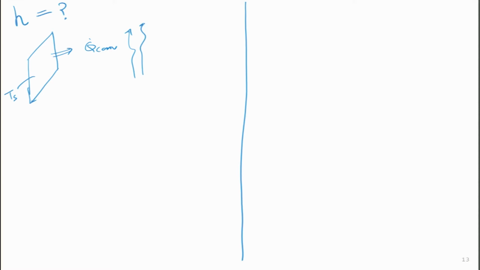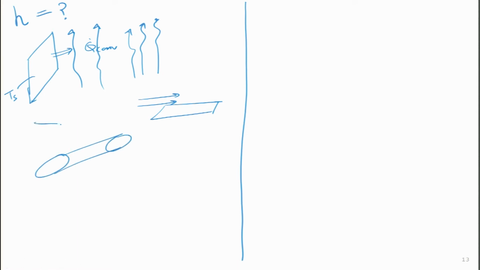So through to some fluid which is flowing around it. So the fluid is going over here. We can have a vertical plate, we can also have a horizontal plate on which this flow is taking place. It can even take place across a cylinder. So if there is a cylinder which is hot, then the air is blowing across it.